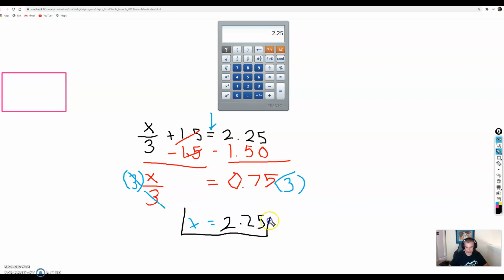Now we can check our answer, right? Because right away I was like, hey, this is kind of weird. I have 2.25 right here, and then I have it right here. But let's see if this works out. So I'm going to do 2.25 divided by 3, and then I'm going to add 1.5 to it. And we should get 2.25. 2.25 divided by 3 is equal to 0.75. And then if I add 1.5 to that, I'm right back to 2.25. So our solution checks out. We did get the correct